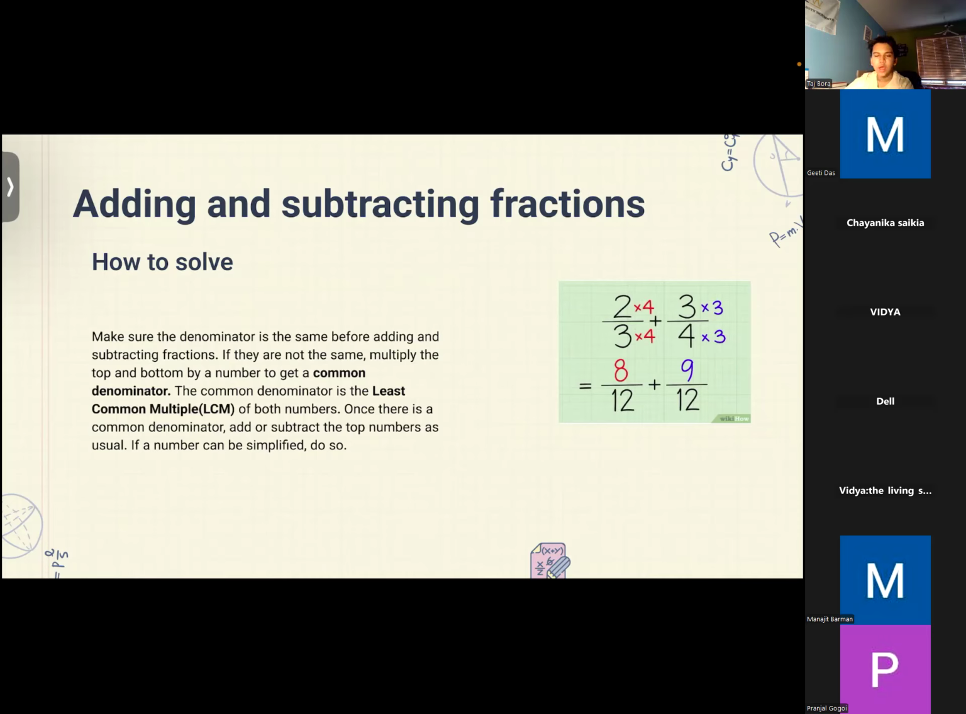And the common denominator is the least common multiple of both numbers. So once there is a common denominator, you can add or subtract the top numbers as usual. And then you can also simplify. So are there any questions? If there are any questions,